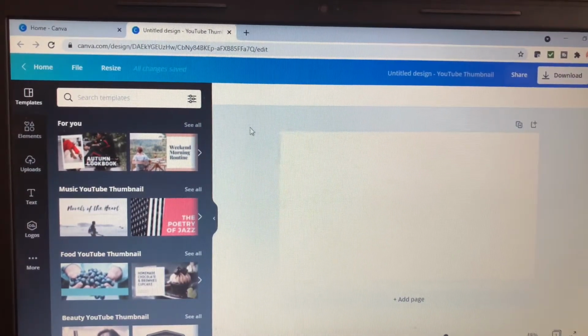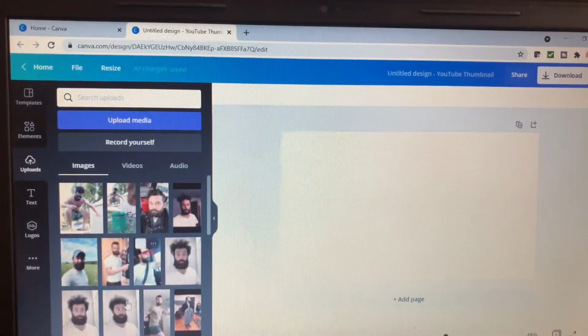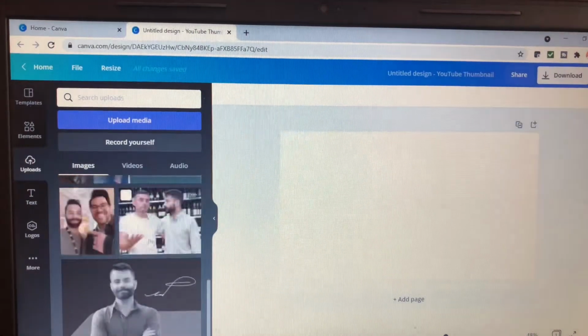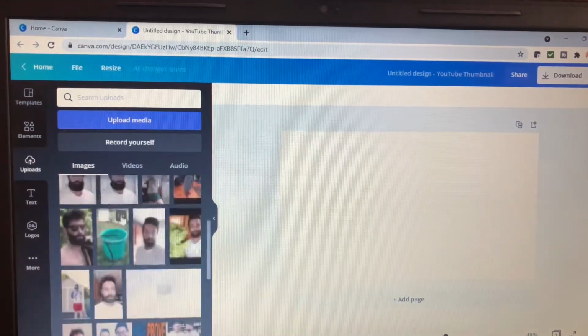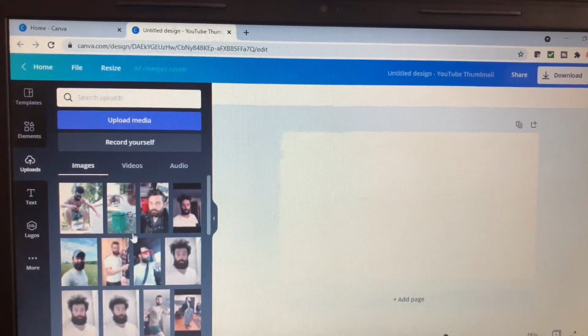Take photos of yourself from your smartphone, create an album in your smartphone, label it YouTube thumbnails, take a series of photos and email them or airdrop them to your laptop. So that way you can save them and upload them to Canva. So you can see, look at all these thumbnail pictures I have, okay? I've got a series of pictures that I have used in the past for